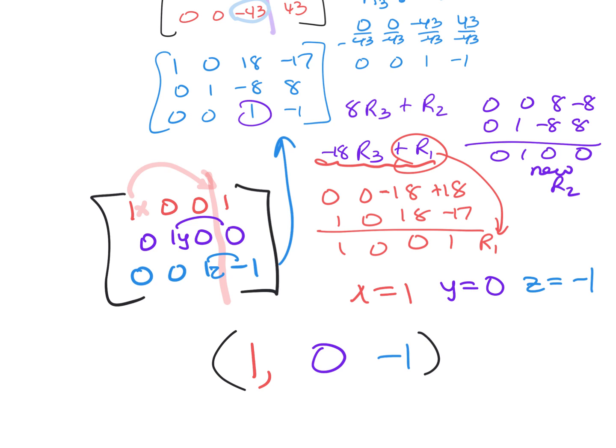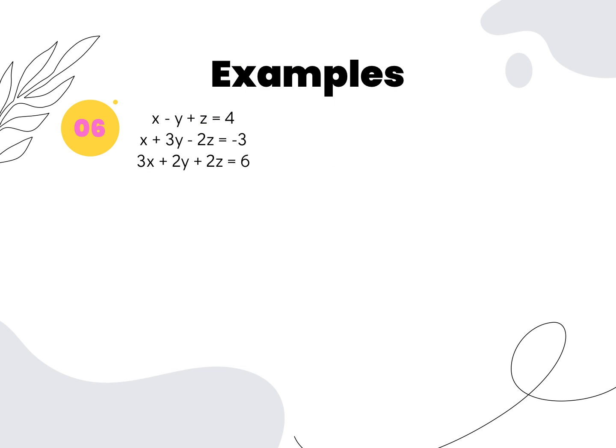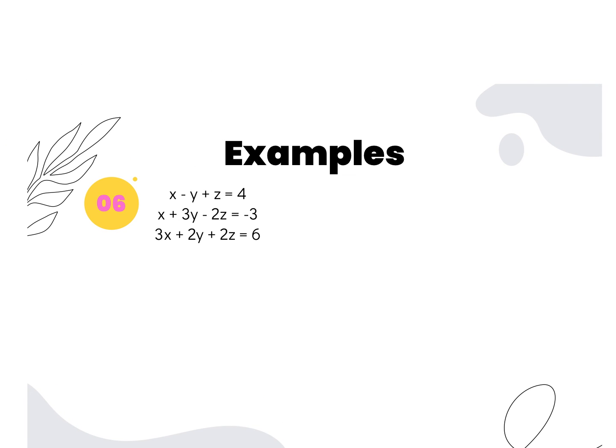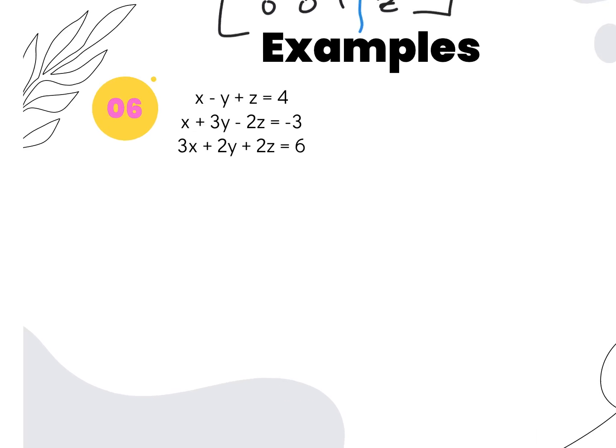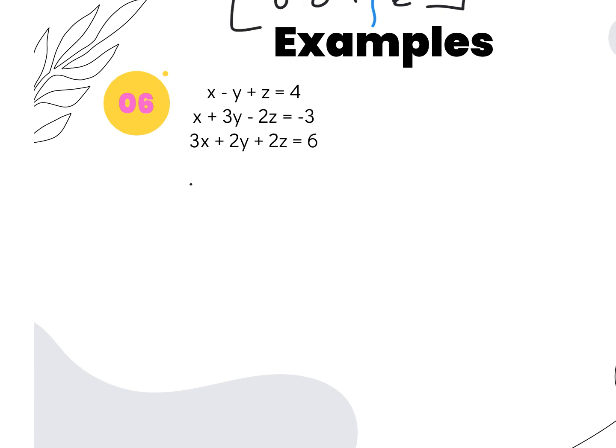One last example. Again, 3 unknowns. So again, remember our goal is to get it in this form. 1, 0, 0, x, 0, 1, 0, y, 0, 0, 1, z. So again, the numbers that are going to appear here will be the answers on that last column. So let me go ahead and add in my coefficients. So 1, negative